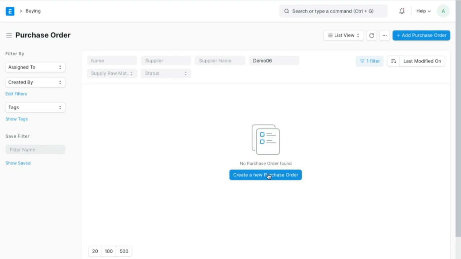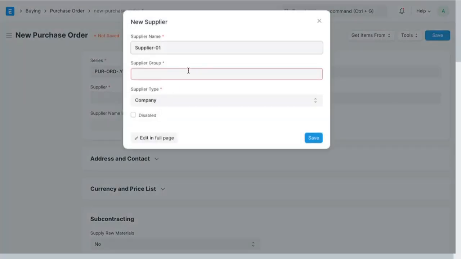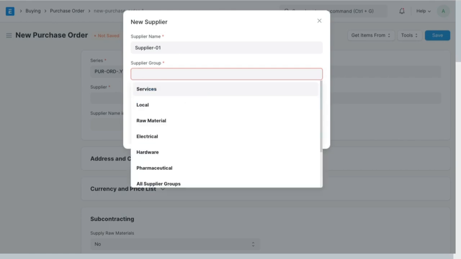Let's create a purchase order. To whom we are creating this purchase order? There should be a supplier. We haven't created any supplier so far, but we are creating it now on the fly. Supplier 01 is the supplier name. To understand it easily, we are giving names like that: supplier, customer and all. In real life, it will not be like that. And local is,